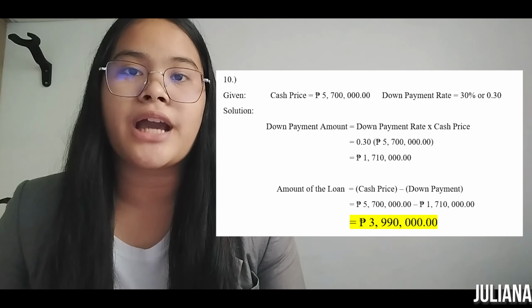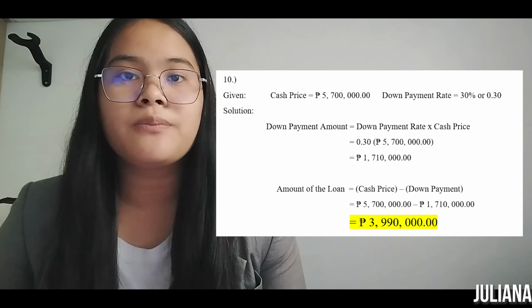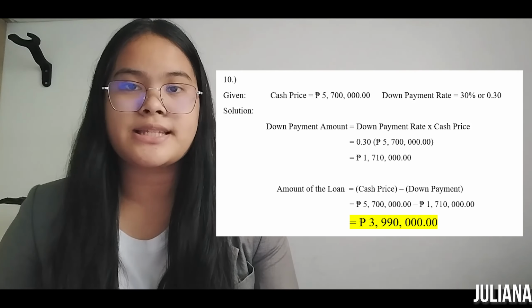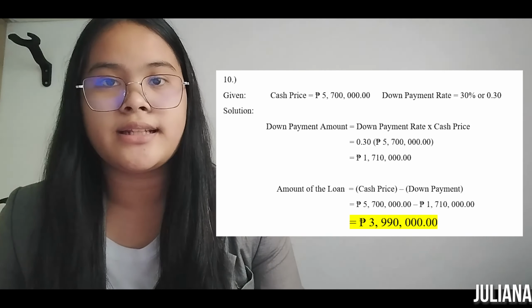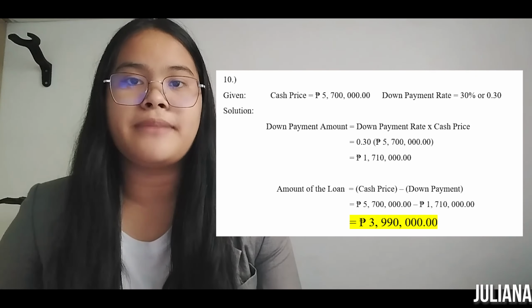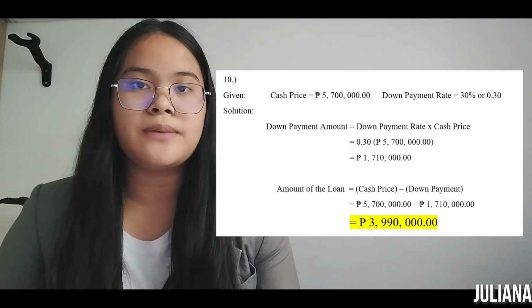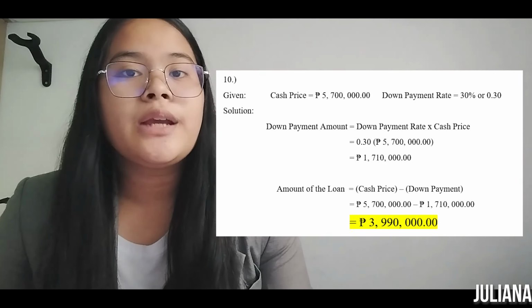Since we are trying to find the mortgage amount, we have a given cash price which is equal to 5,700,000 pesos and a down payment rate which is equal to 30%. So we must first find the down payment amount by using the formula down payment rate multiplied by the cash price. Substitute the given, then we have 0.30 multiplied by the cash price equals